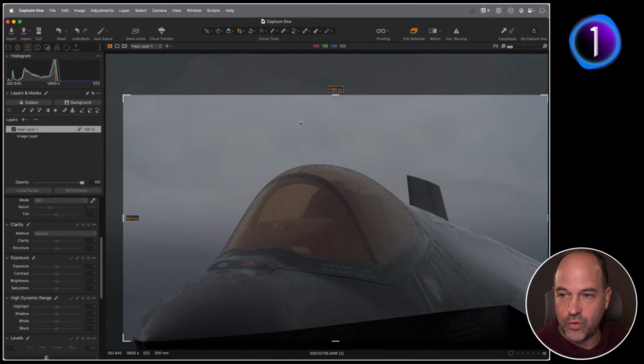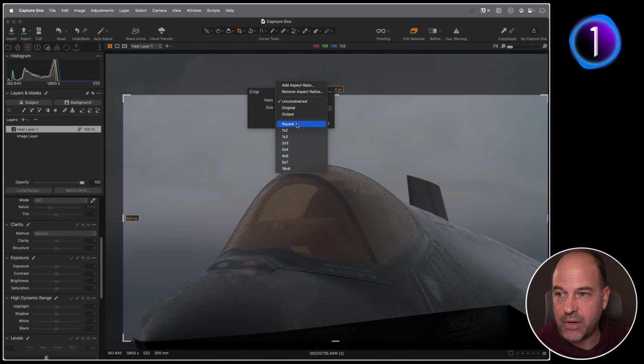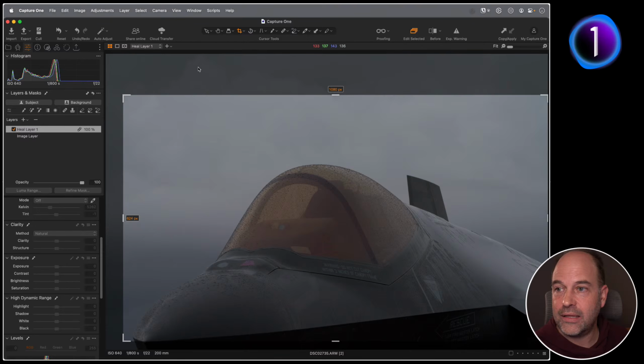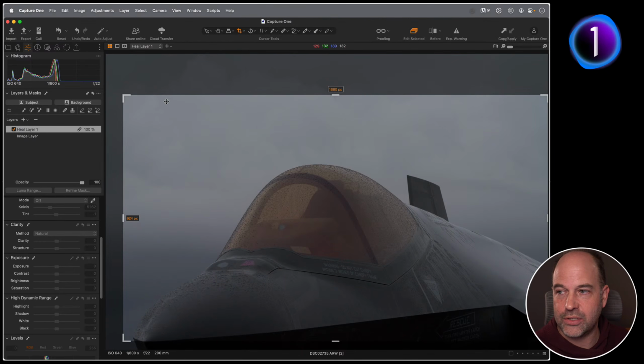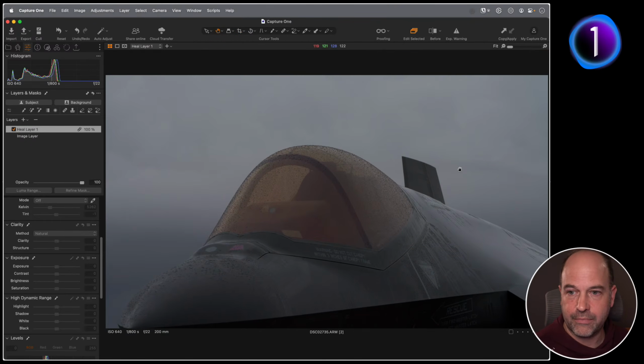If you prefer to crop to a specific aspect ratio, or you always tend to pick an aspect ratio before you start cropping, which I rarely do, then you might prefer to have the other setting, which is variant aspect ratio. And by default, the crop aspect ratio will be set to the original dimensions of the image, or whatever the original aspect ratio is. But as I said, I prefer to go unconstrained. So if you haven't found that option, then go for that in the preferences. If you're always finding it's on the original aspect ratio, that's why.